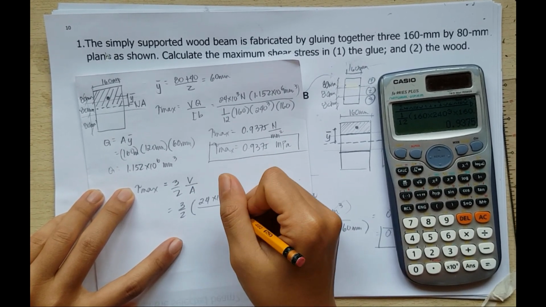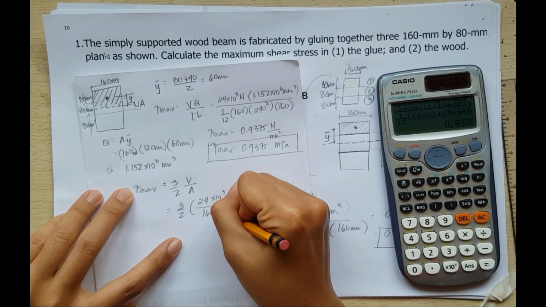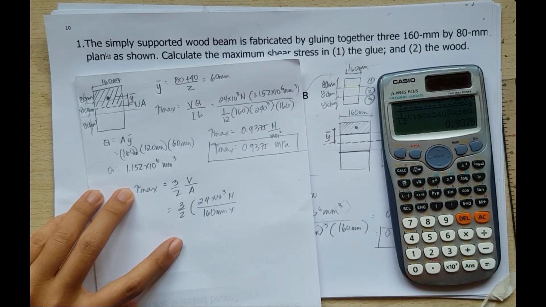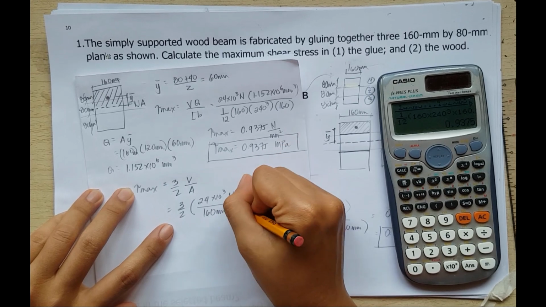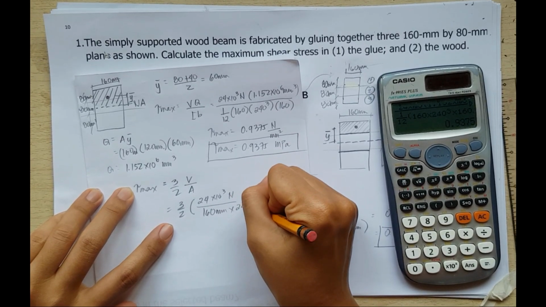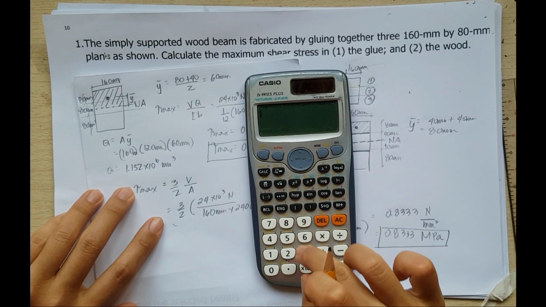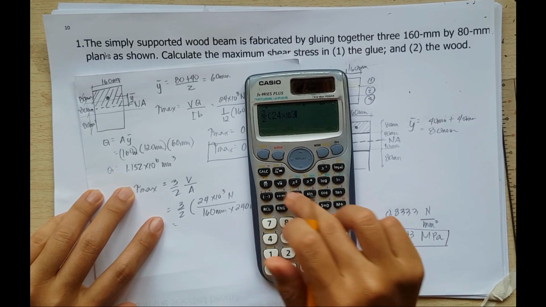And then, the area is 160 millimeters multiplied by 240, that is, 80 times 3, so 240 millimeters. So, let's see if we get the same result. So, 3 halves of 24 to 3